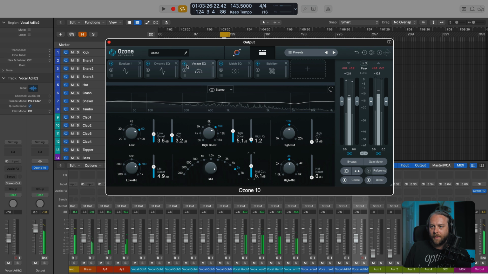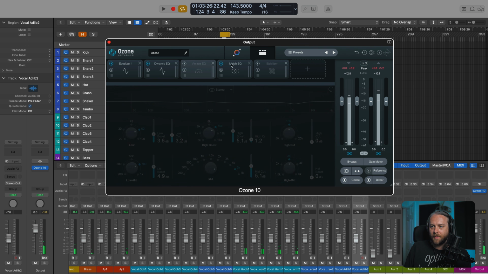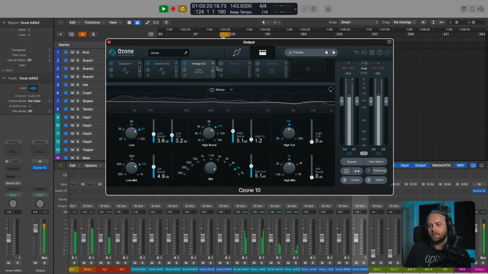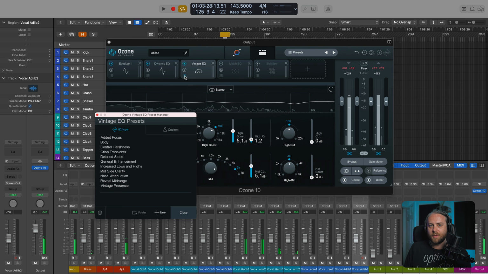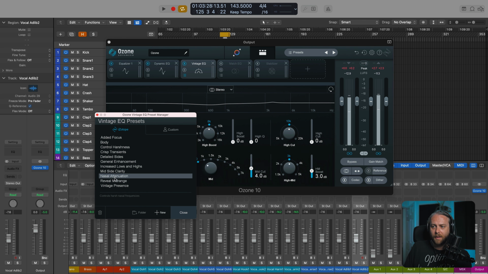And let's do a little before and after. Before, let me turn the other guys off here. And of course, if you're completely new to working with analog gear, especially Pultec gear, just go into the presets right here and just play around and find something that works for you that you like from the dedicated module presets.